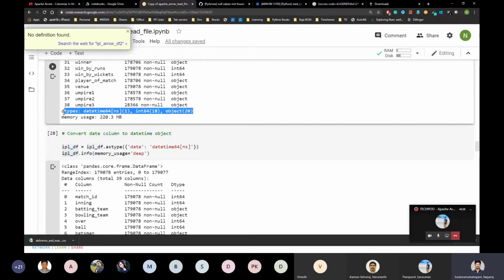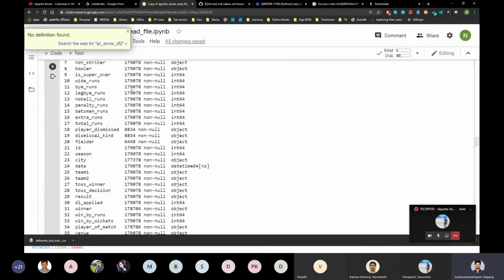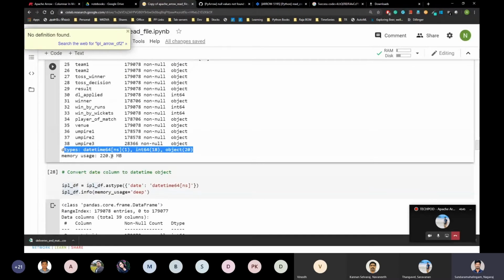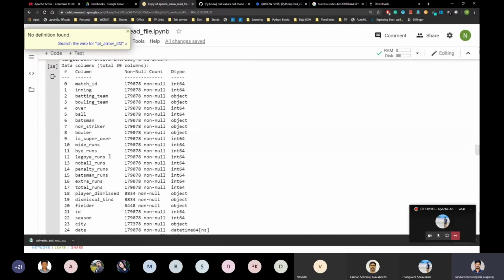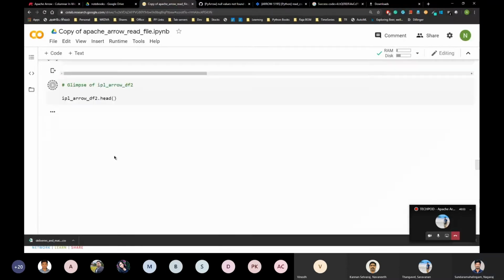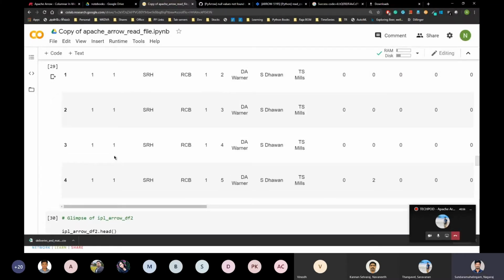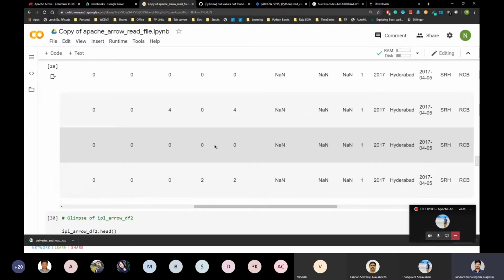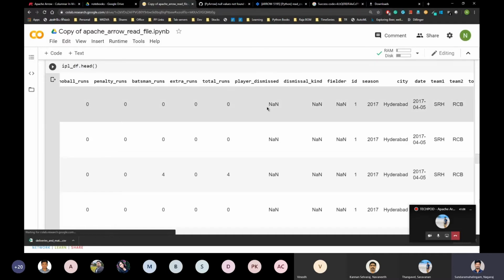So even though data types and null and non-null values are matching, there is a difference in the memory usage. Let me show you what it is. In pandas, null value is denoted as NaN, whereas in SQL Server it is denoted as NULL. Here in pandas it is NaN, not a number.